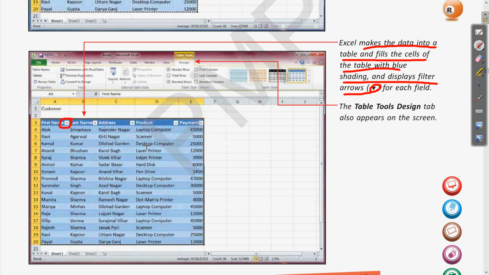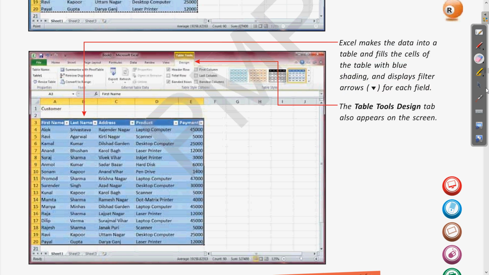These filter arrows are automatically added when we click on Create Table. Then the Table Tools Design tab also appears on the screen. Clear? So after you have created this table, a new tab is created, that is Table Design. We will see how to use this tab, how to modify the data, and how to make it more user friendly.